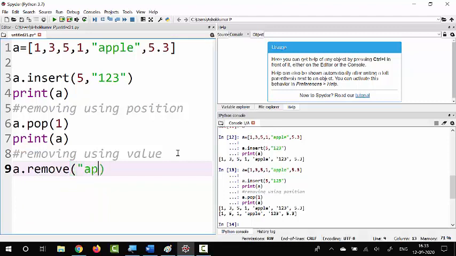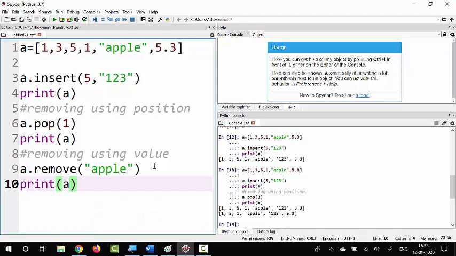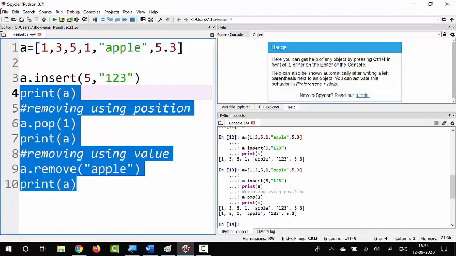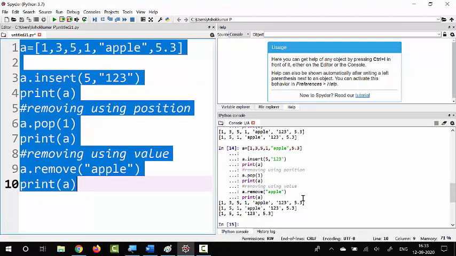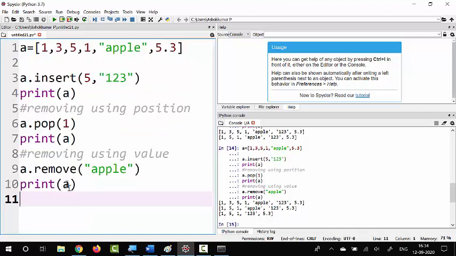So this remove accepts a value. Okay, so it will find the element with this value and it will remove that element. So let me print this list and see. So you can see that apple is being removed.